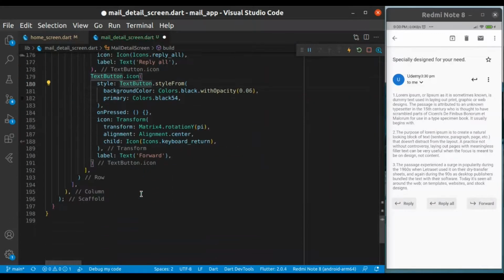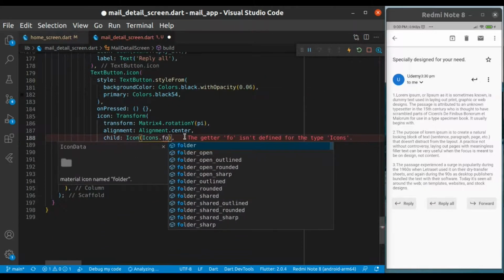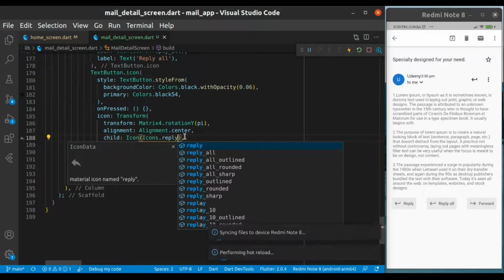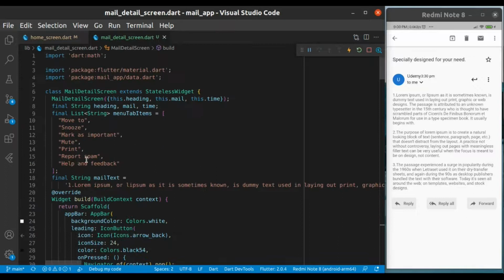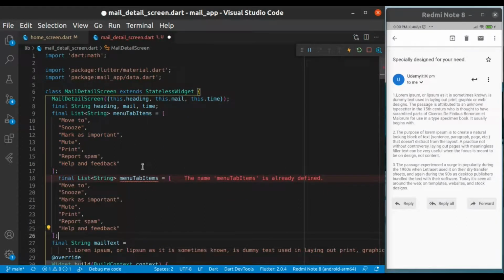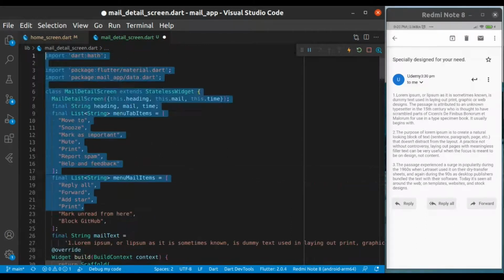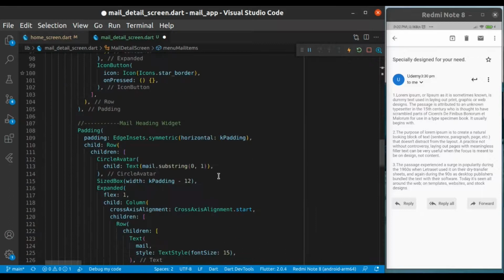Just change the icons because I remember that we have to use these icons for the mail title menu item.